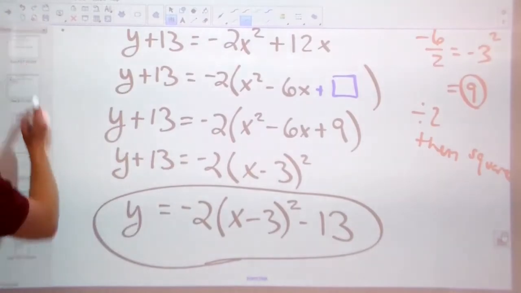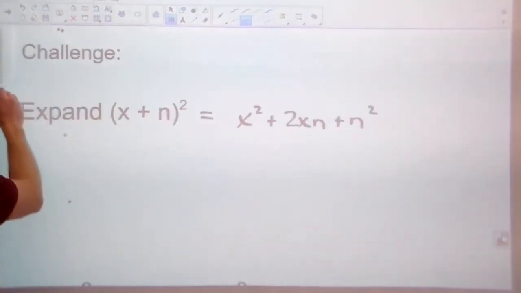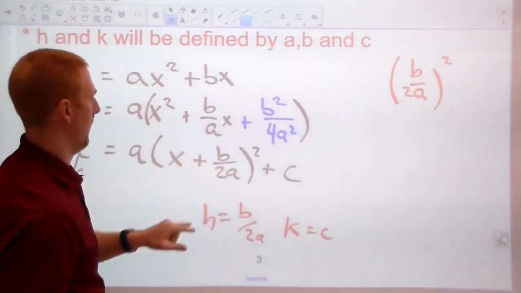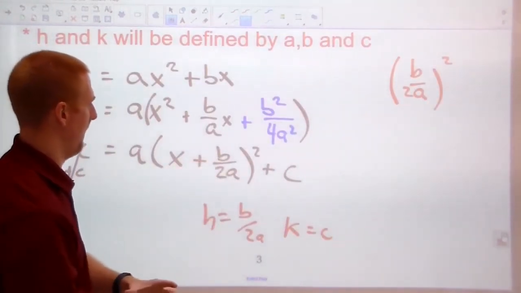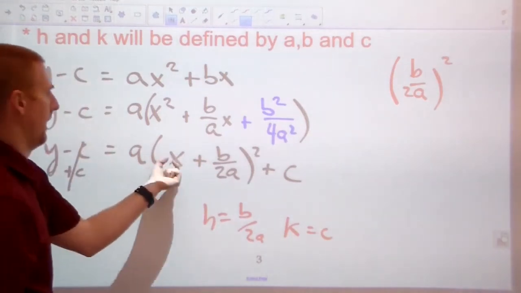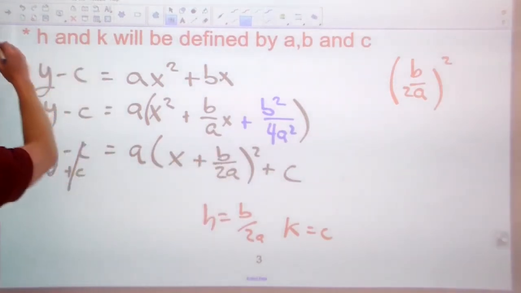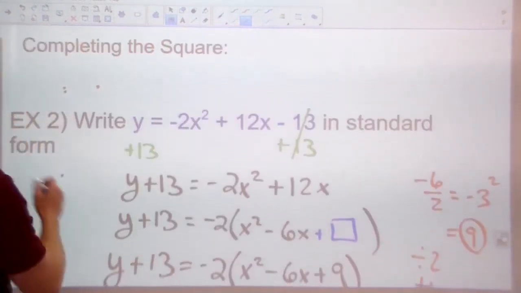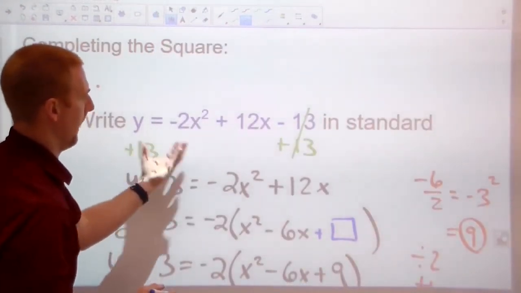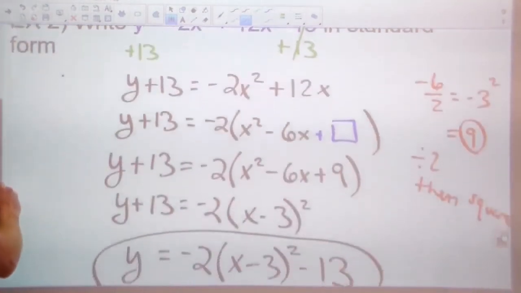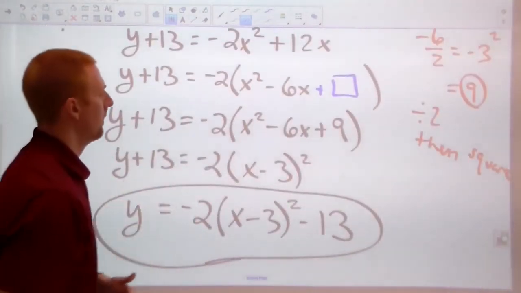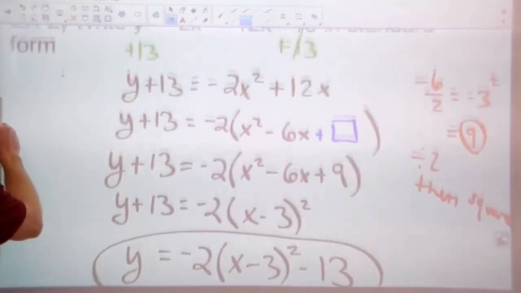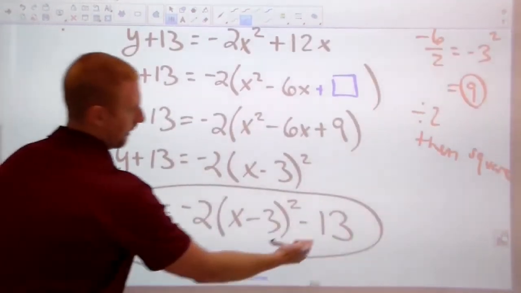If I flash back real quick, I probably should point this out earlier. It's x plus b over 2a, so it's actually the opposite of that, because our vertex is at x minus whatever this is. So just keep that in mind. So this should be x minus 3. That's what goes in the parentheses anyway. So positive 3 is actually the vertex value. And c was -13 in the beginning, and that is our k value in the